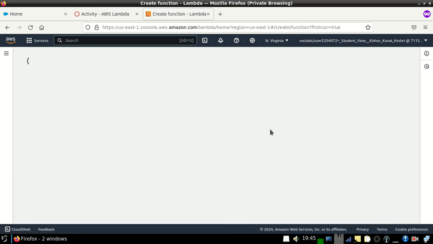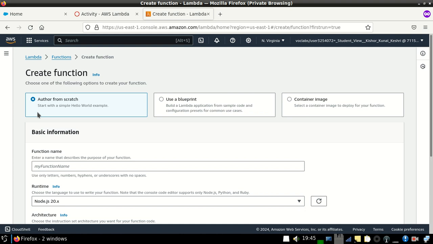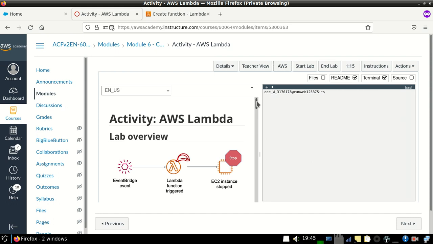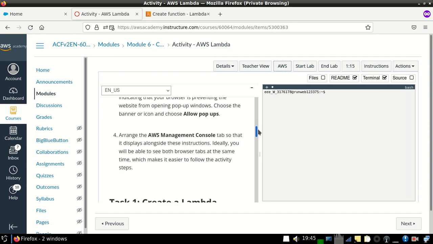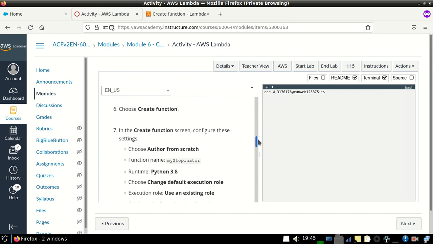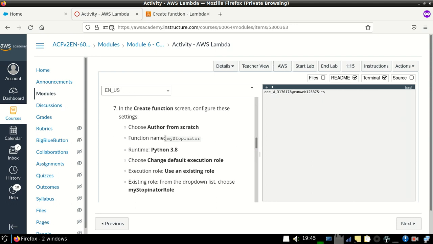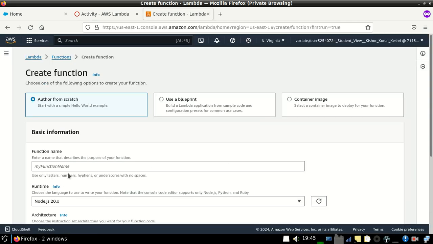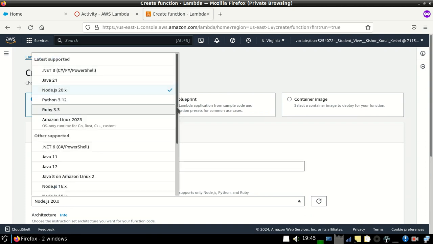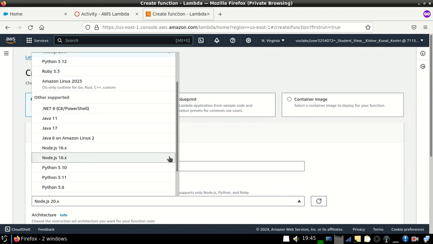Click on create function and author from scratch. The name of the Lambda function should be directly copied from here: my stop initiator. Paste here, and the runtime will be Python 3.8.